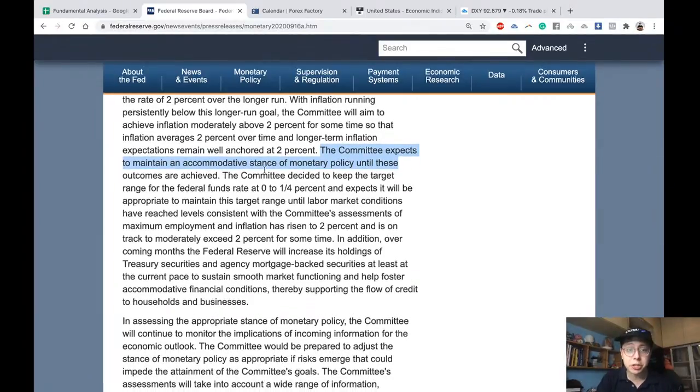Over here they also say they decided to keep the target range of the Fed funds rate, which is their interest rate, at 0 to 0.25%. So what you need to know right now is that the Federal Reserve is likely not going to increase rates in the future, until maybe the pandemic is better or there's a positive sign in the pandemic. So if I'm a trader right now, I know the US Central Bank is not likely going to increase their interest rate in the short term. Then what does it mean for the dollar? Likely it's going to be weakening. That's the idea behind it.